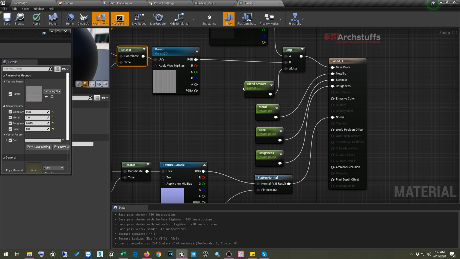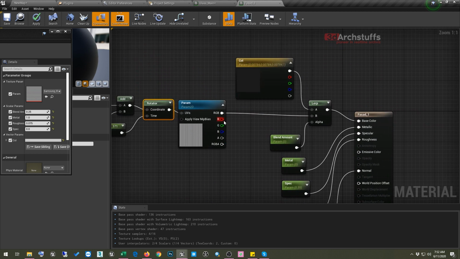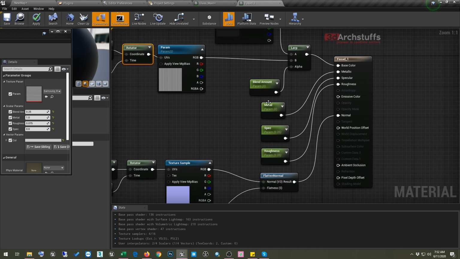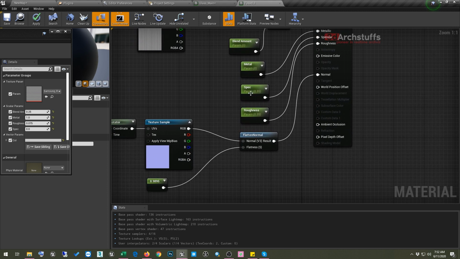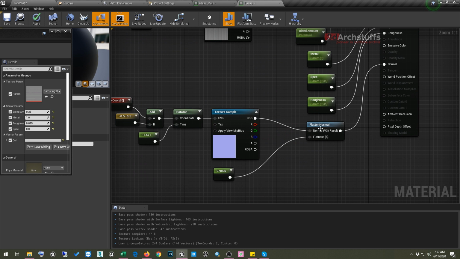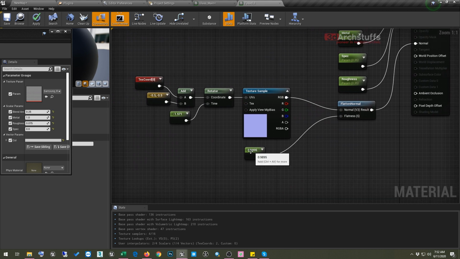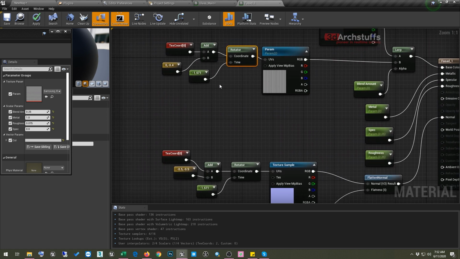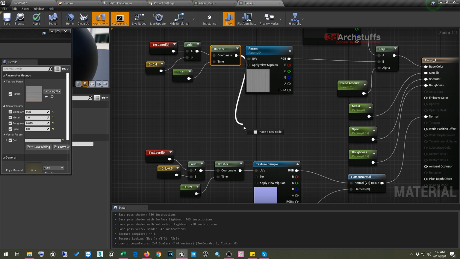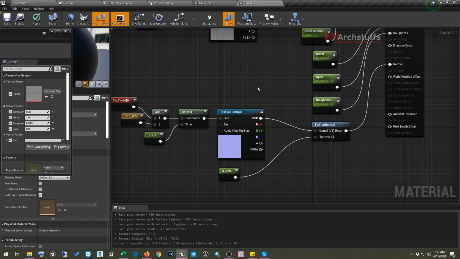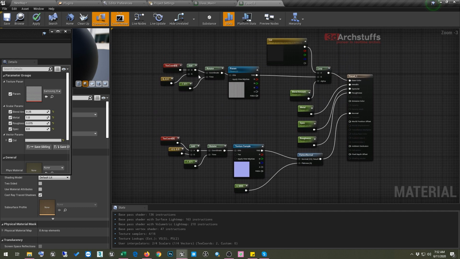And then we can have this blend amount, which can blend between this texture and color using alpha. And then we have a metal setting, and then specular, roughness, and then this flatten normal to flatten your normal, and then all this same command. You can also go ahead and just apply this if you want. You can also apply this if you need, and then I made an instance out of this.